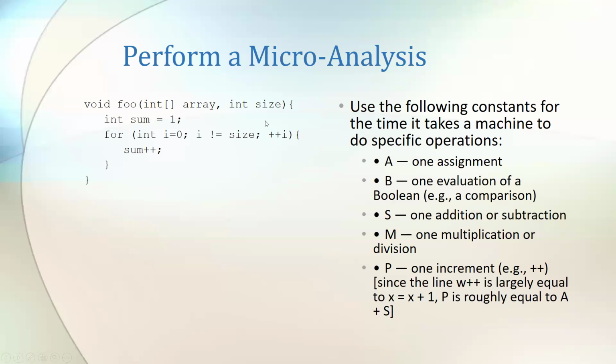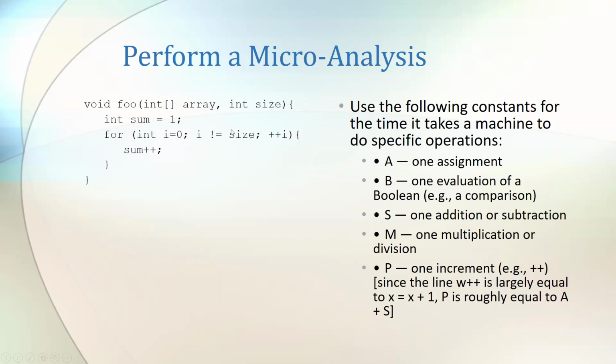All right. So the first thing we're going to do is something called a microanalysis. There are two ways we could approach this. There's either microanalysis, or we could do a macroanalysis. I think sometimes starting with micro is easier from an explanation point, even though it's a lot more long-winded. So let's try to figure it out for this function here on the left. You notice in this list here on the right,